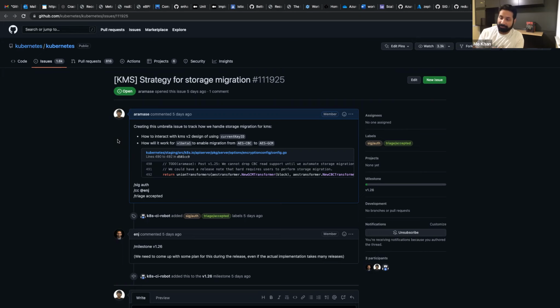Could use some custom resource to coordinate the API servers and what key ID they're on, and then wire that up to a controller that, when it sees changes, can ask the storage version migrator to do storage migration, basically. So that is an approach.